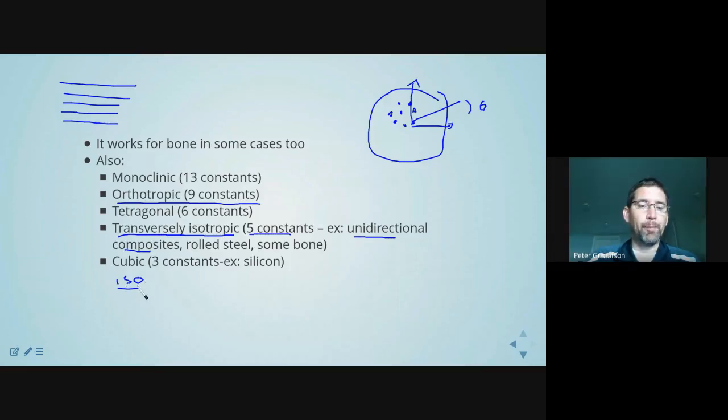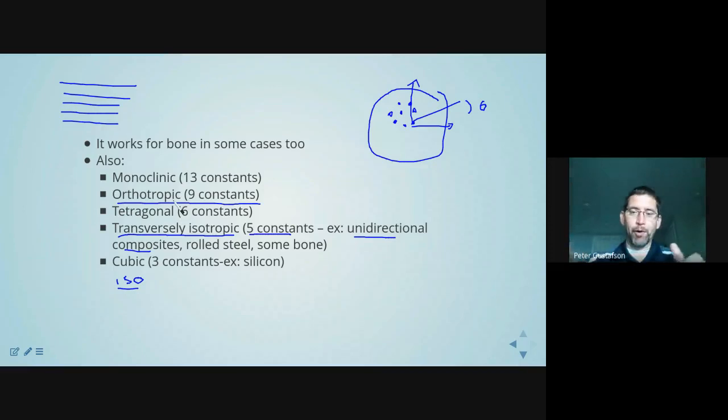Now, what's unique about isotropic is that it doesn't really matter which coordinate system you look at it from. It only requires 2 constants, and it behaves essentially identically irrespective of which orientation you apply the loading. If you take a piece of aluminum, a big billet, which is a block of aluminum, and you machined a specimen that was predominantly horizontal, and then you tested that, or you machined one that was predominantly vertical, or one at 45 degrees, isotropic would always behave the same. Its stress-strain response would be the same,